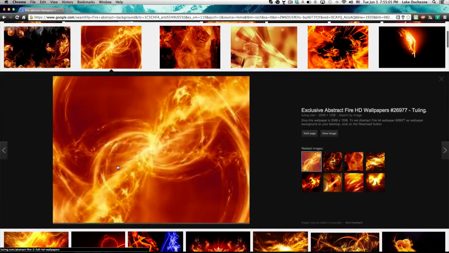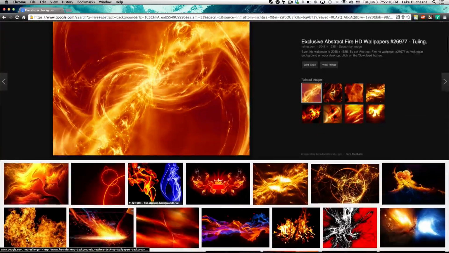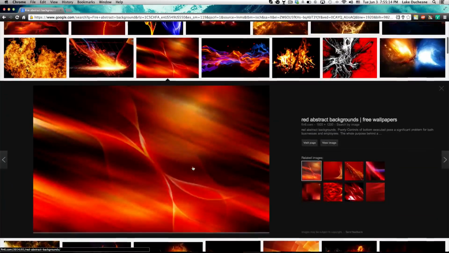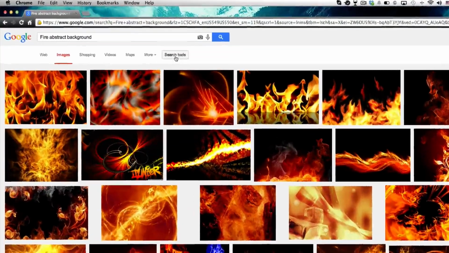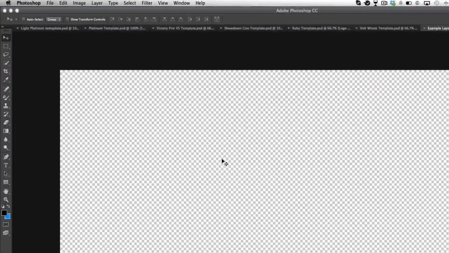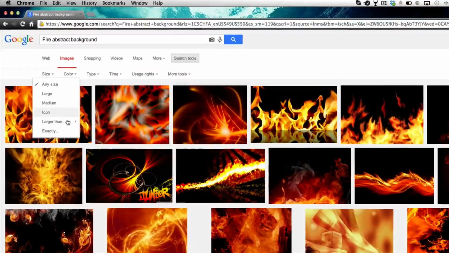That's cool. That could work. You could use that background. You probably want to do something more abstract and less flamey. Kind of like this. Maybe that would work better. I don't know. But what you want to do is search tools. This is a little tip for you guys. Search tools, and to make sure you fit the size of this canvas here, you're going to want to do